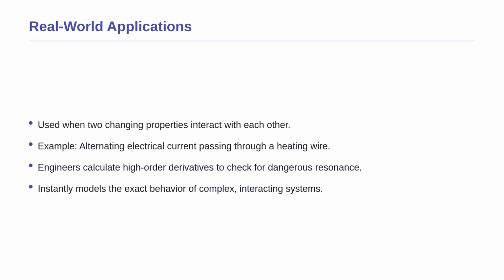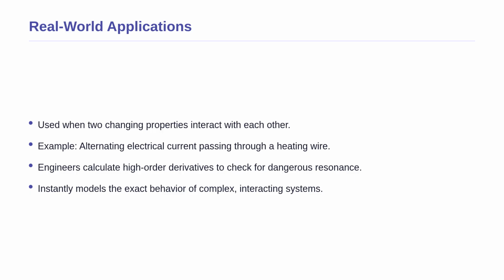This brings us to an important question. Why does this matter in the real world? In physics and engineering, we constantly deal with systems where two changing properties interact with each other. For example, imagine an alternating electrical current passing through a wire whose resistance is also changing because it is heating